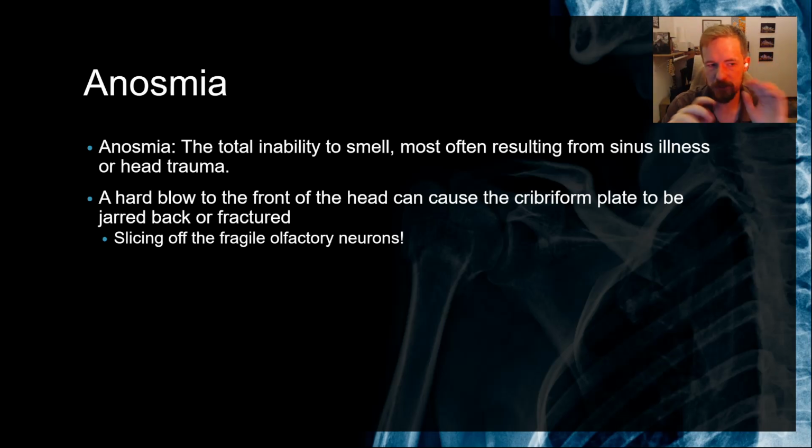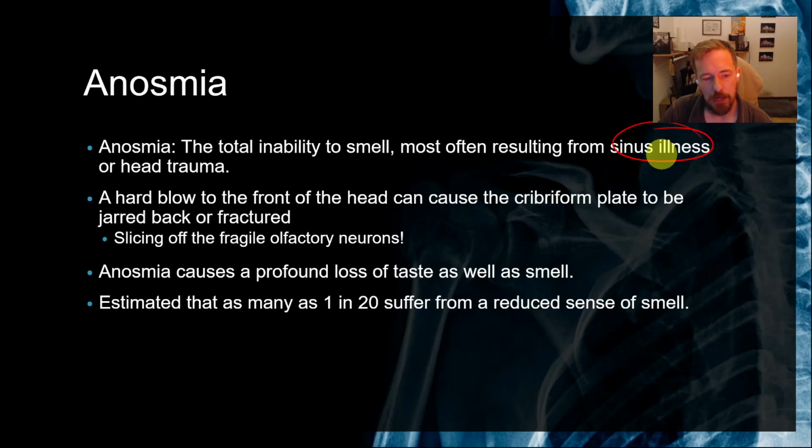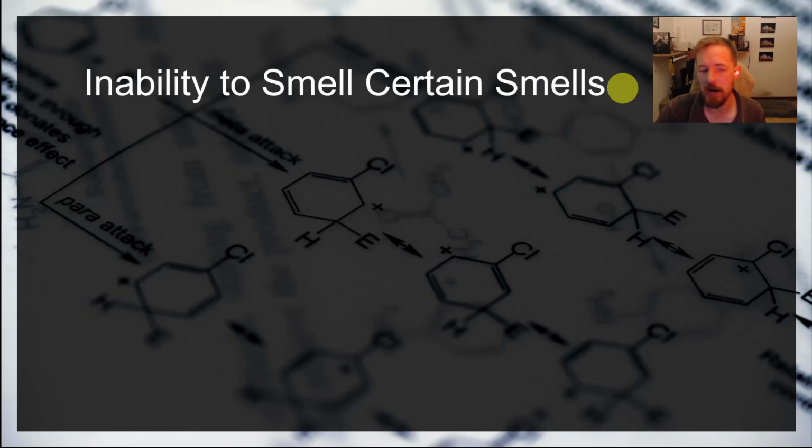And I should say specifically, this is for anosmia that's caused by head trauma. The kind of anosmia that's caused by illnesses are generally going to be issues with either the mucous membrane of the olfactory epithelium, or, like I said, the supporting cells of the olfactory epithelium. So, scary stuff. But about 1 in 20 people have it. So there's a good chance that at least one person in our class has some form of anosmia. And in fact, usually whenever I talk about this in the classroom, there's a couple of people who say maybe they got COVID and they just haven't regained their sense of smell yet. So it's not an uncommon thing.